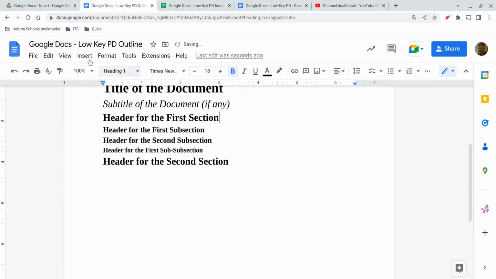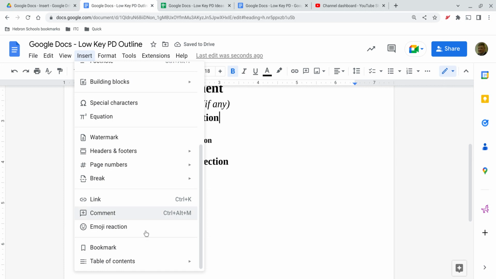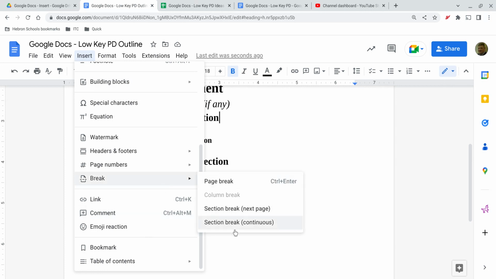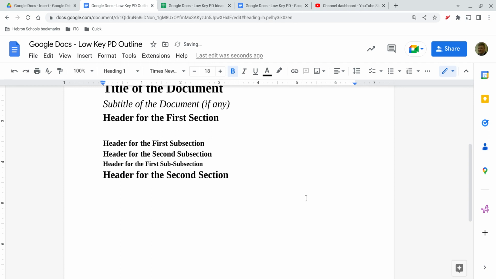Or if I choose the last one, section break continuous, it will create a space, but it will not force the new content after that or new sections to appear on the next page. It'll just appear after a somewhat significant space. It appears to be about 2 hard returns or carriage returns